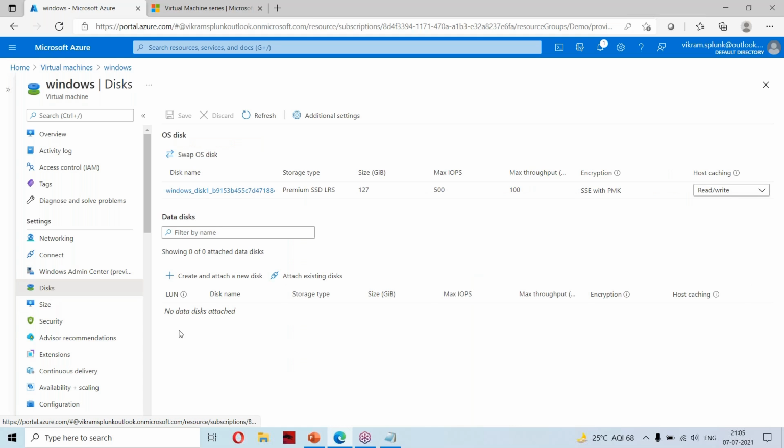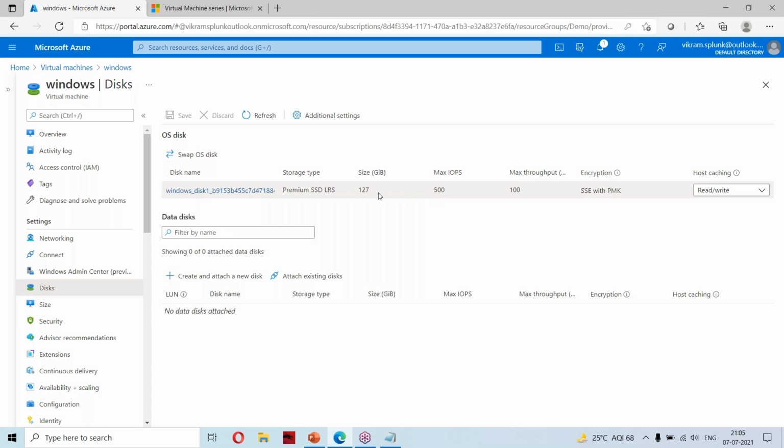Disks is for attaching a new disk. If you want to add some additional storage, you have to go to disks. Here you have two options: create and attach a new disk, or if you already have a disk, you can directly attach it over here.